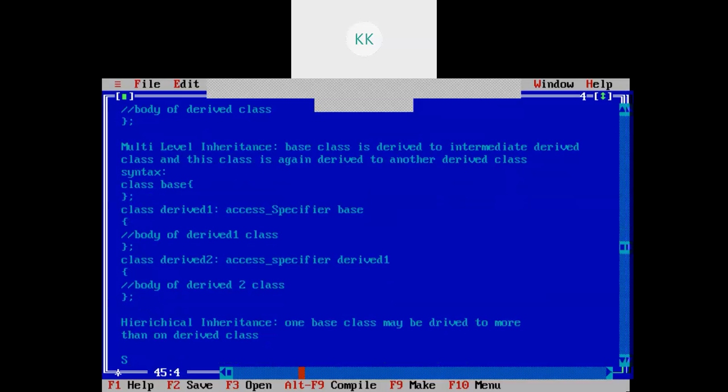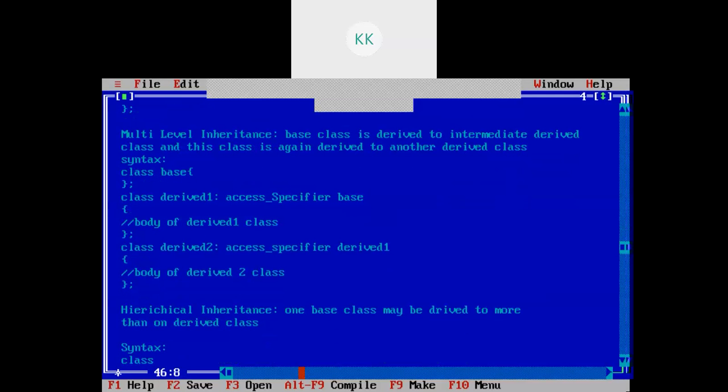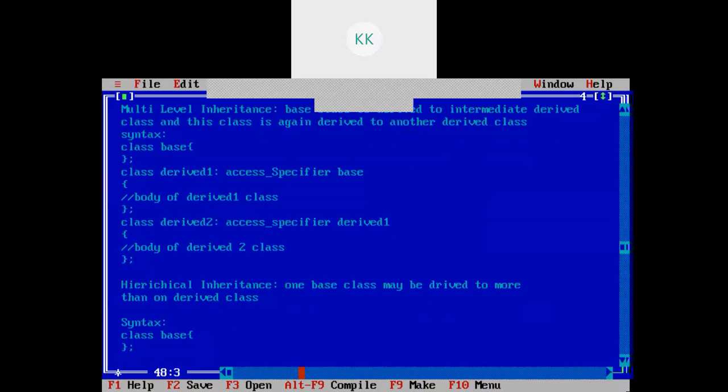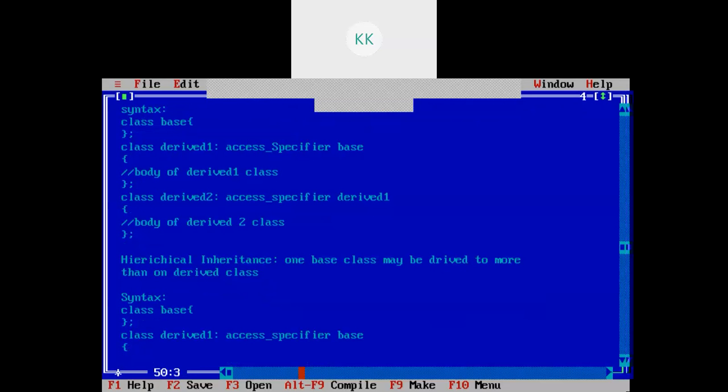So the syntax will be: class base, this will be your base class, then class derived one colon access specifier base class, body of derived one class.